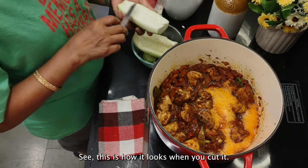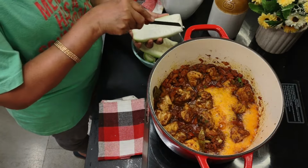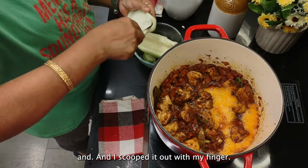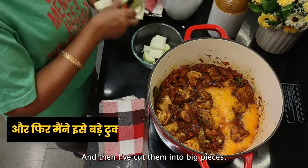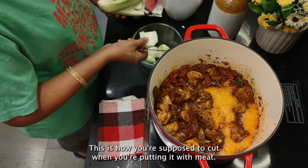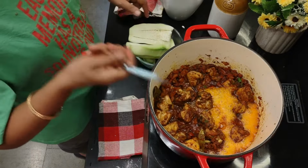See, this is how it looks when you cut it in half with the seeds. So I cut the edges of that and I scooped it out with my finger. I just lifted and scooped it out like that. And then I've cut into big pieces. This is how you're supposed to cut when you're putting it with meat. So I'm going to cut all this the same way and then we'll add it into